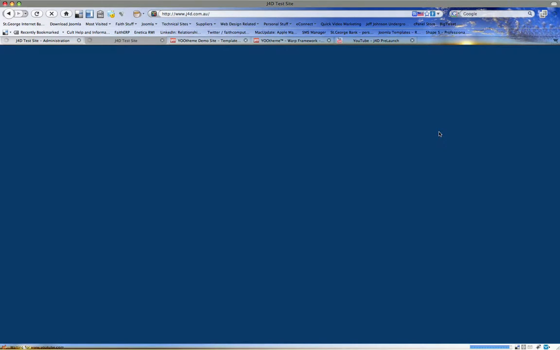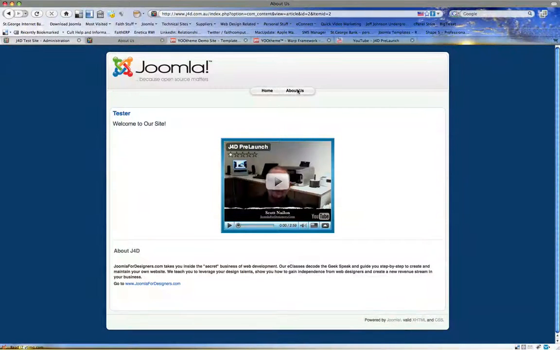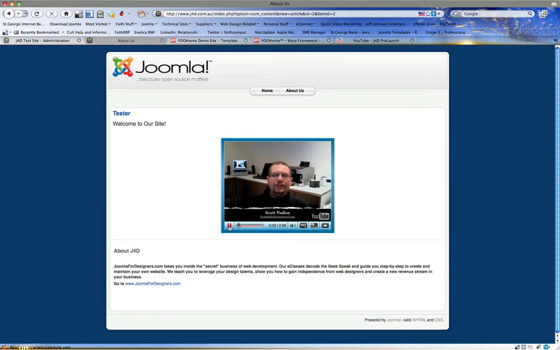If I click on home, there it is. So that's two different ways of putting articles into the Joomla site. You can use a custom HTML module, which can come up on every single page. And then, if you really want, Introduction. My name's Scott and I run Joomla for Designers. Okay, how embarrassing. So there it is on the site,